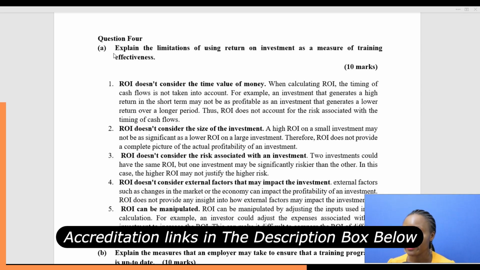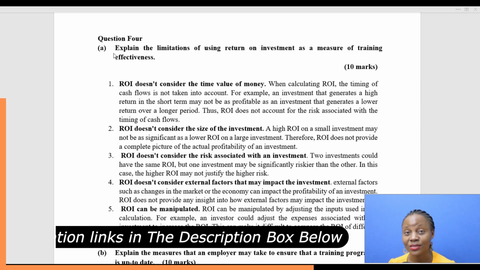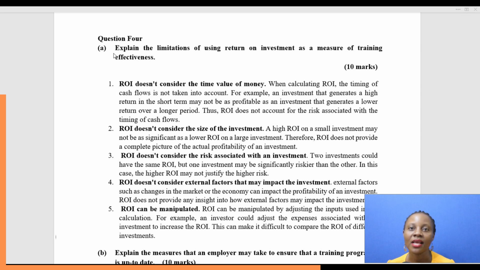And then we have number 3, ROI does not consider the risk associated with an investment. It doesn't at all. First, we said it does not look at the time. Second, it does not look at the size of the investment. And third, it does not consider the risks associated with the investment. Returns on investment specifically deals with the returns only. It doesn't consider how these returns came, what risks were involved in having these returns, or how long it took to get the return. So all that makes this method disadvantageous,